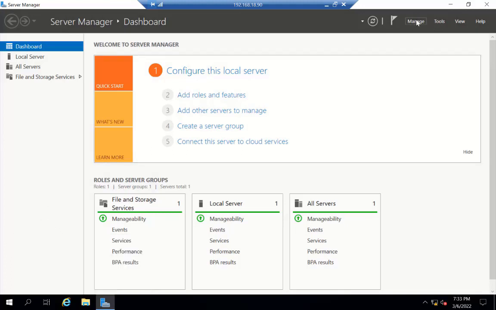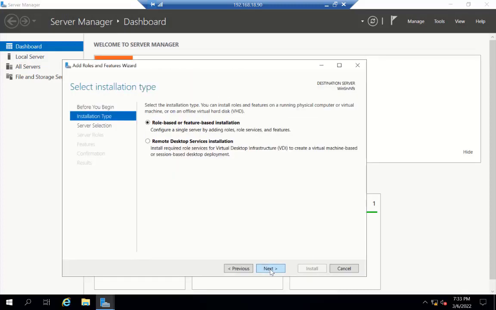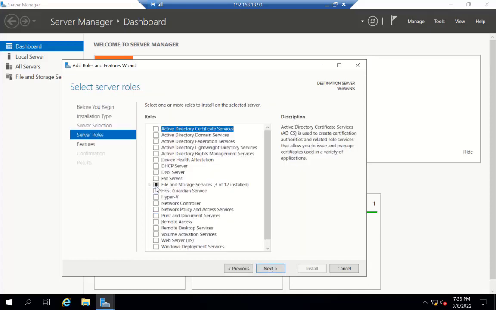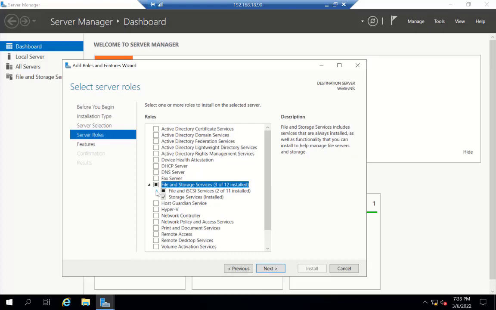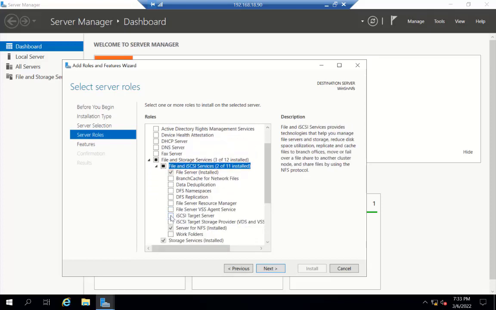Again select the server and click Next, and in File and Storage Services expand this and select iSCSI Target Server. Select this and click the Next button. It will install on Windows Server 2019, and again click Next and click Install. This is a very straightforward process.